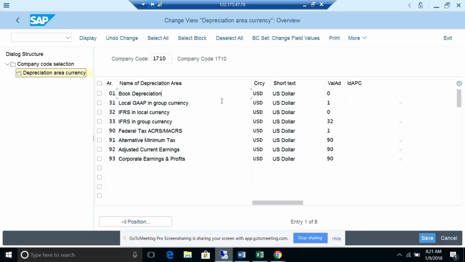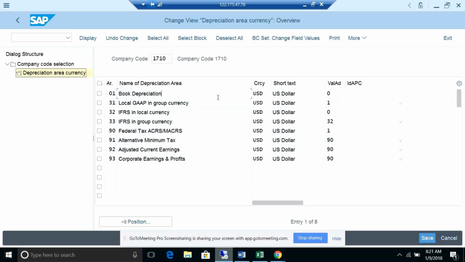The same 10 currencies you need to maintain in the GL part also. Got my point? This is the maximum reporting we can do. The additional 8 currencies which we can define in the general ledger, that is the maximum. So up to 10 currencies, if you want to report for your book depreciation area, add 10 lines here, and whatever currencies you want, you can define and assign here. In the same way, you will get the reports.